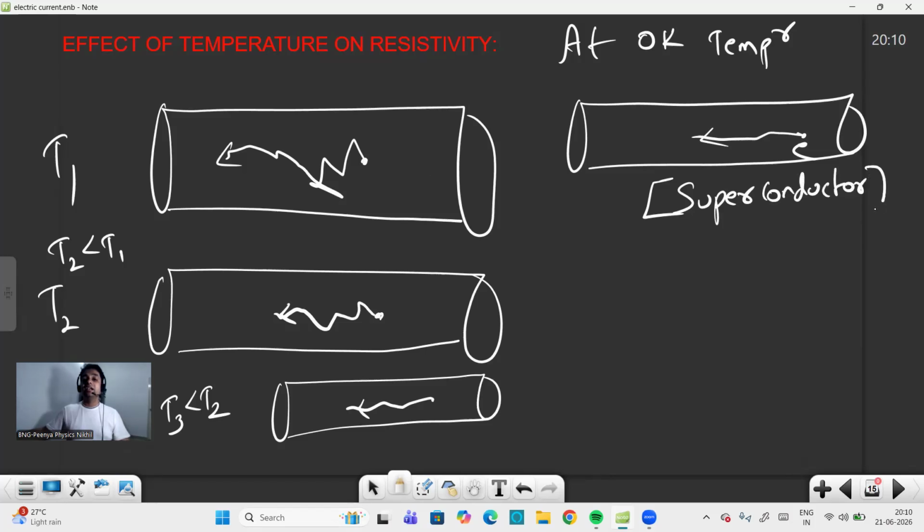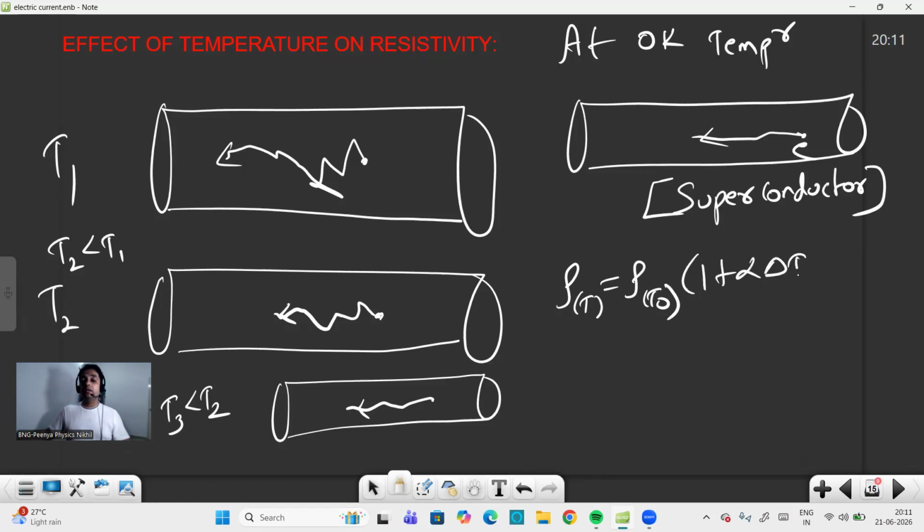Okay, now that's why we say the superconductor state is normally taken at 0 Kelvin temperature, because there the electrons have a very high drift velocity and very few collisions. So in the case of a superconductor, we consider very low temperature, 0 Kelvin. So based on this, the relation of resistivity we got is rho t equals rho t naught into 1